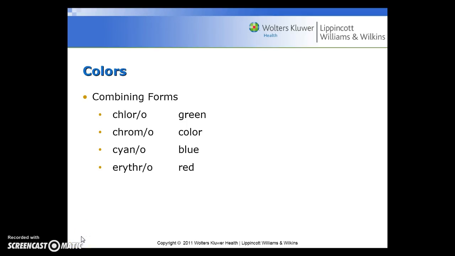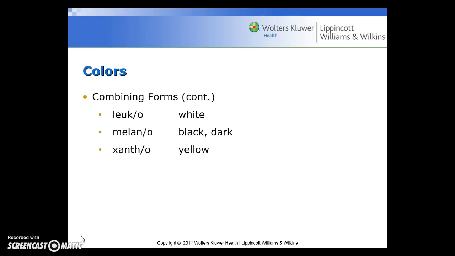So let's continue with Chapter 3. This is Part 2, the rest of the lecture. And we're going to talk about combining forms related to colors. So chloro for green, chromo for color, cyano for blue, erythro for red, leuco for white, melano for black or